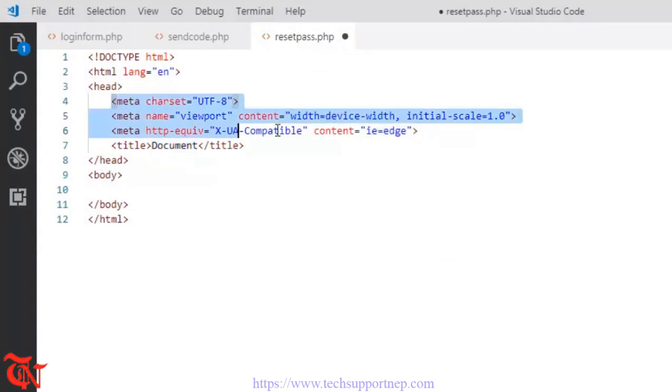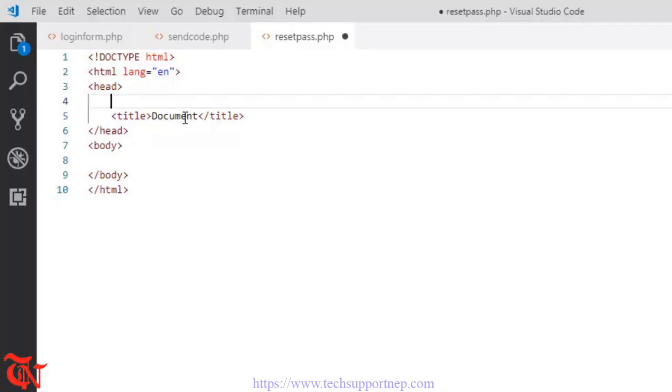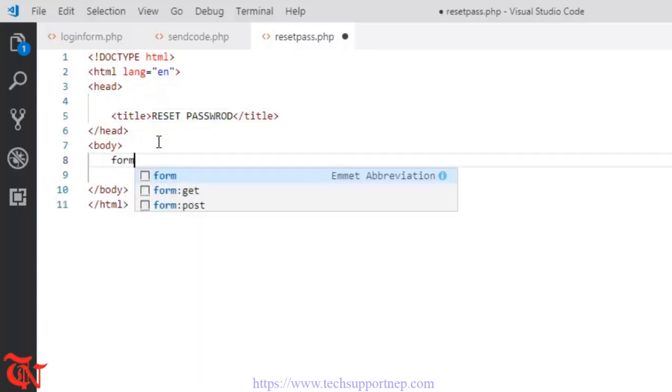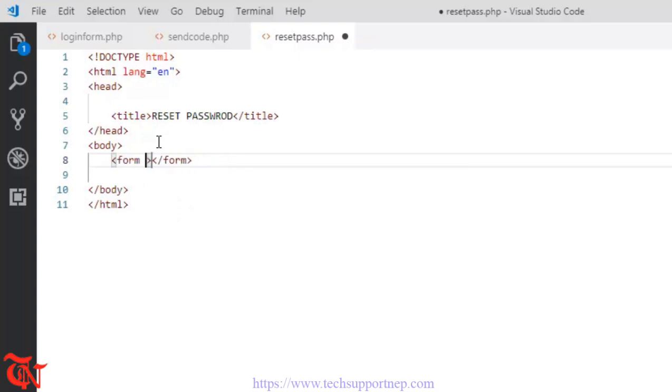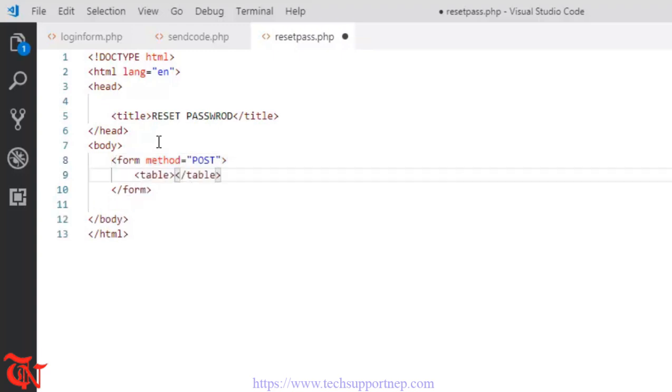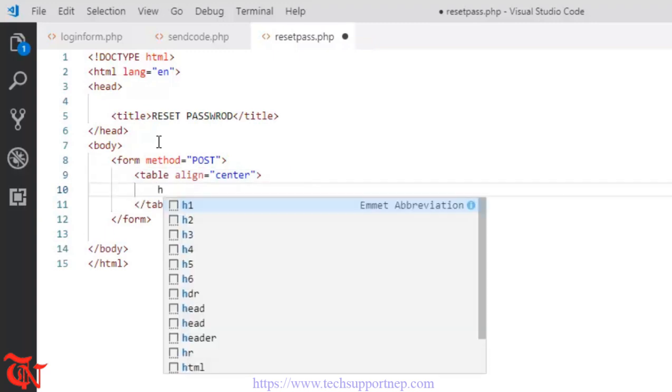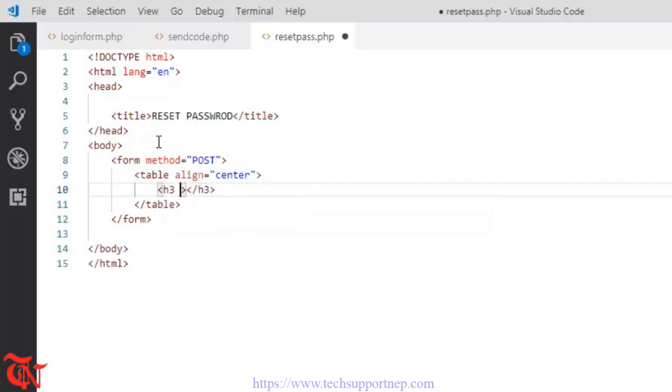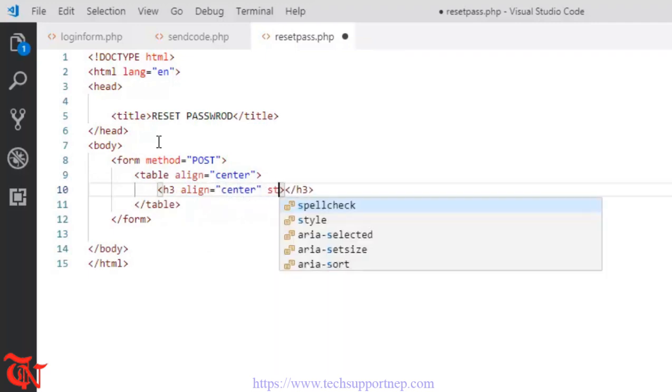Just remove this section. Here goes title, reset password, and inside body we are going to use form. We don't need action, we only need method. Method is equal to post. Inside that form we are going to use table. Align is equal to center, and h3, here goes align is equal to center, and style